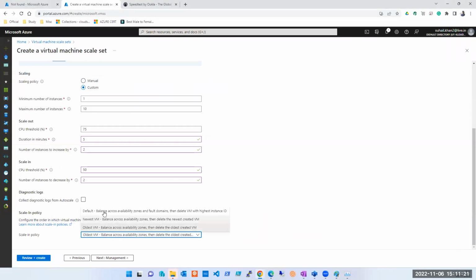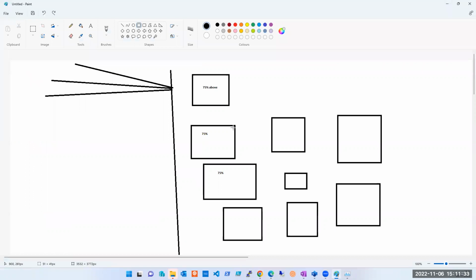But what is this option? This is a very useful option, and most of the time we use this. What this says is that it will not care about newest or oldest. What it will care about is the availability zone. That these machines, if this is in availability zone 1, this is in availability zone 3, this is in availability zone 1, this is in 2. Let's say that we have only 2 availability zones, 1, 2, 1, 2, 1, 2, 1, 2, again 1. So how many machines do I have now in availability zone 1?